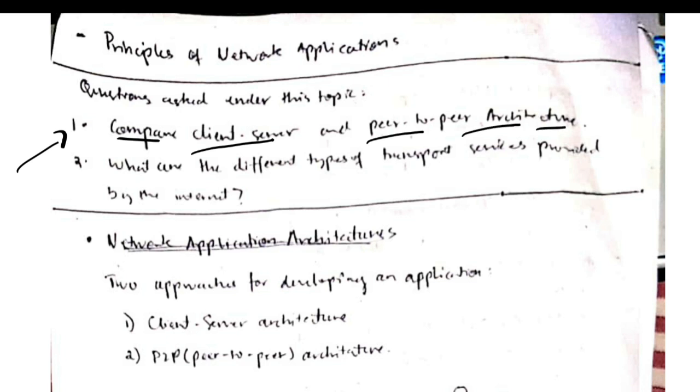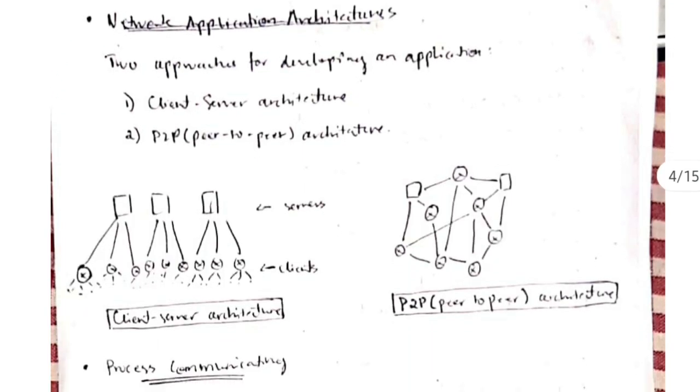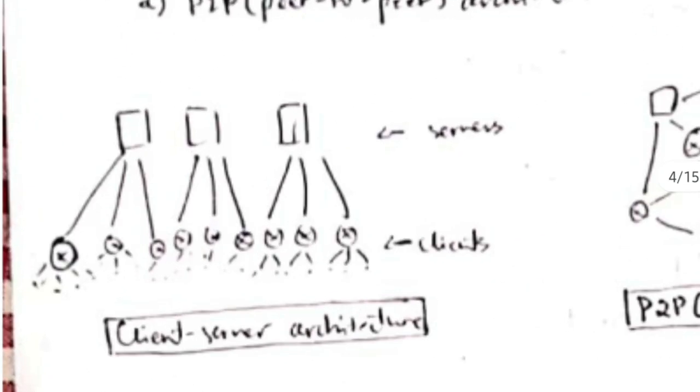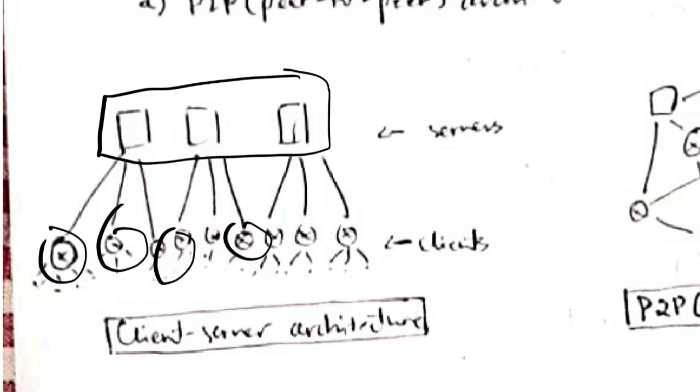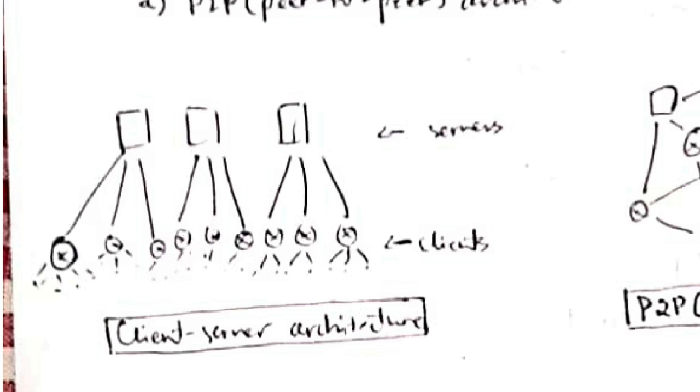In client server and peer-to-peer architecture, whatever network application we design is mainly of 2 types, the client server and the peer-to-peer, okay. In client server, we have the servers here which are the large databases, and they store the data of the clients, and whenever we make a request to the servers, they fetch the data from it and send it back to the clients, okay. That's the working of server client architecture.